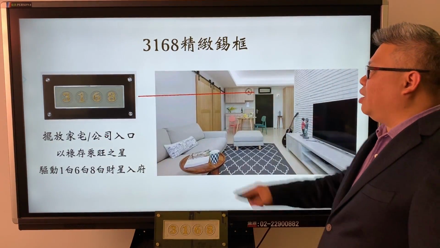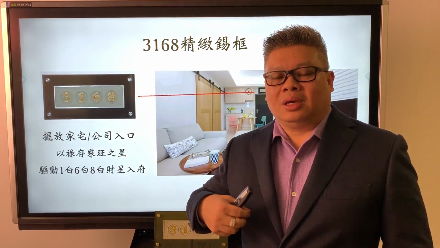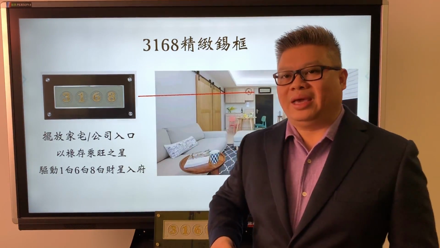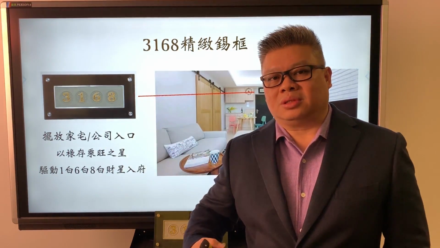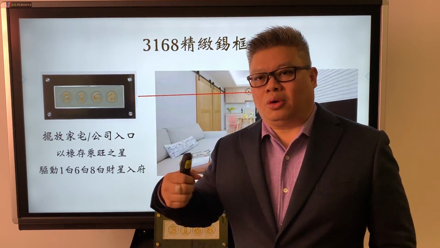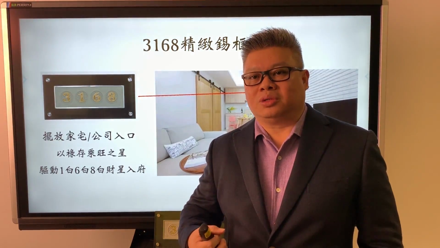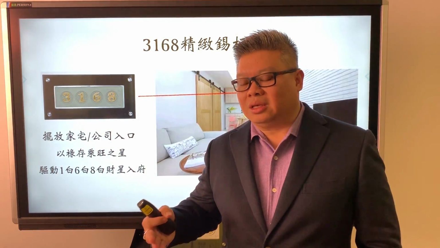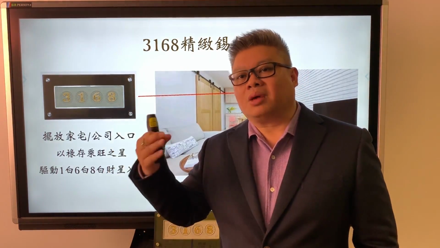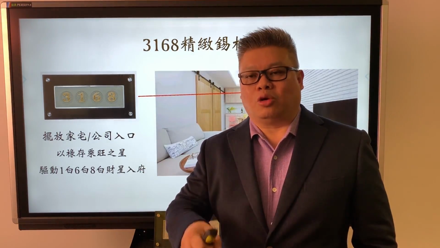Okay. So the 3168, what it does, or where should we put it? How should we use it, and what is the main function? The 3168 is actually placed right at the entrance, the main entrance of your home, of your main residential property, I should say. Okay, and apart from that, where can it be used? It can also be placed in your office, but if it is a commercial building with many floors, many stories, you place it right at your main entrance.